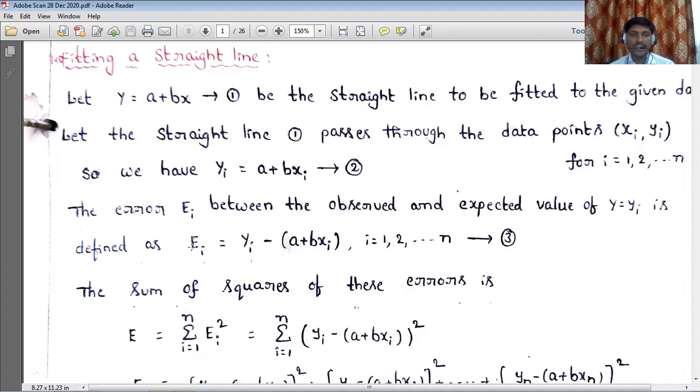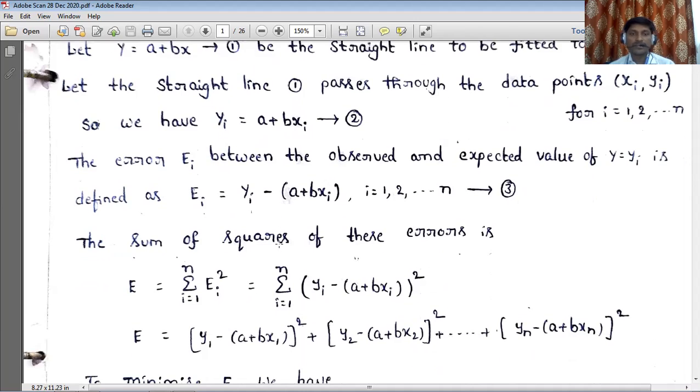So what we are doing is the sum of squares of these errors. This is only one e_i, so for different values of i. E1 is Y1 minus (A plus B x1), and E2 is nothing but Y2 minus (A plus B x2), and E3 is nothing but Y3 minus (A plus B x3). Like that, by adding all those things,